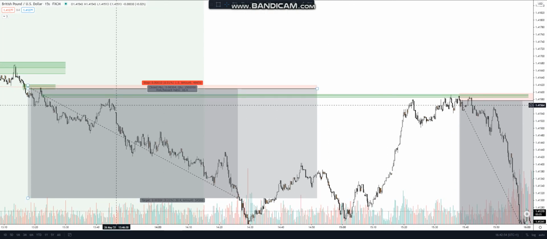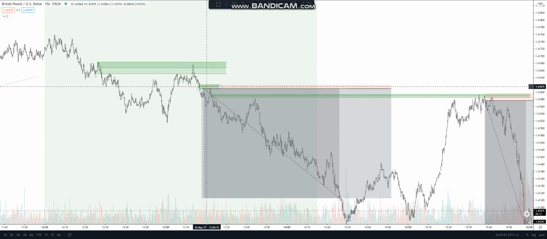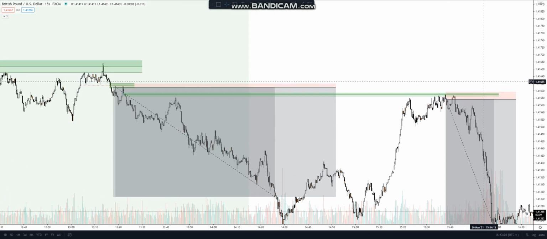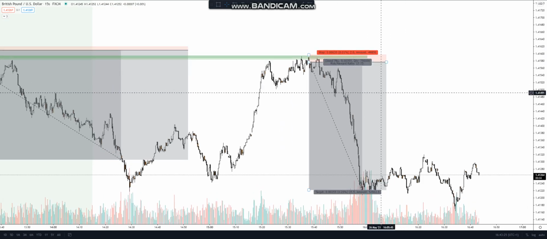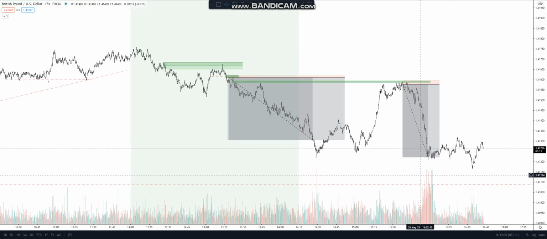So I said to myself, if we mitigate, that's the last mitigation of an area. So it's the same premise of this. If we break that, then we'd be going to the upside, or at least going to the upside for a little while, so it would completely invalidate my idea. So I knew that the last area that I'd be wanting to sell off of would be around here, because we've had a mitigation there, and that's the last point that was unmitigated, because that didn't touch it, that didn't touch it. So I knew that we'd be coming up to this sort of area. So as soon as we got into my area, I placed my order with a 2 pip stop. This is 17.75R, and obviously targeting my higher time frame areas, I was just wanting to see a sweep of the